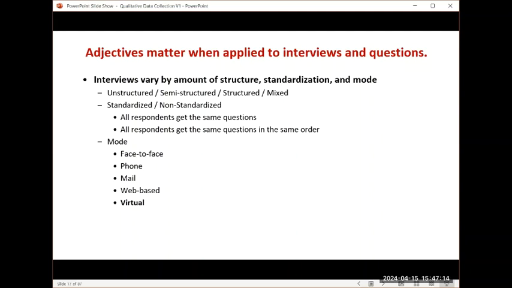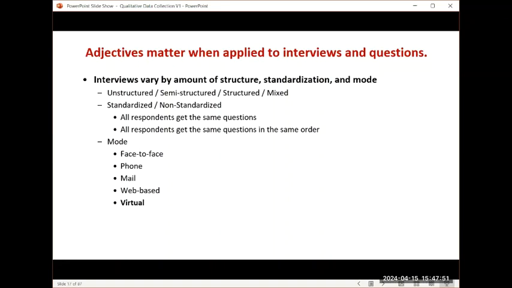The advantage of phone over mail is that with phone, you actually control the sequence in which the questions are asked. Face-to-face, you control the sequence. In mail, you don't. When you mail somebody a questionnaire or a survey, they can jump back and forth. They can start at the end or at the beginning. They can go back and change answers based on their previous answers. And so you lose control on mail. Web-based, you have a little more control. It's still written, but you can prevent people from going forward or force choice, et cetera.